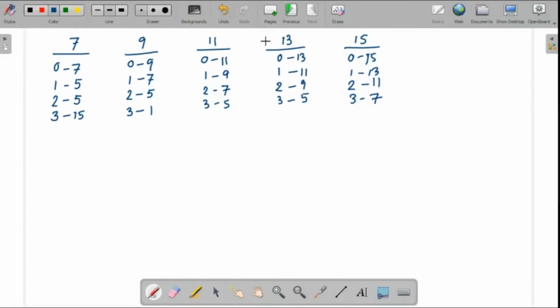If 11 and 13 exchange their routing tables, for example, 11 will come to know of 11, 9, 7, and 5 it already knows. It will come to know of 13, and 11, 9, 5 it already has. So 13 is the only new information, and 13 is not a better option for any one of the entries. So this table will remain as it is. Similarly, 13 will only come to know of 11, 9, 5 which is already there.